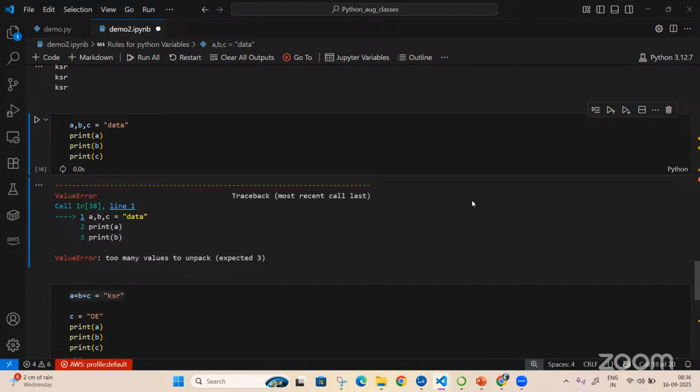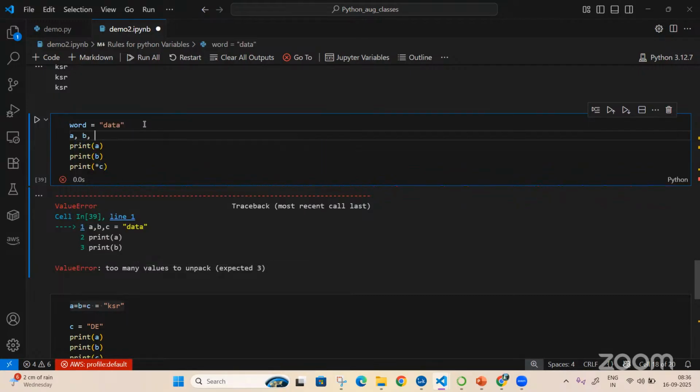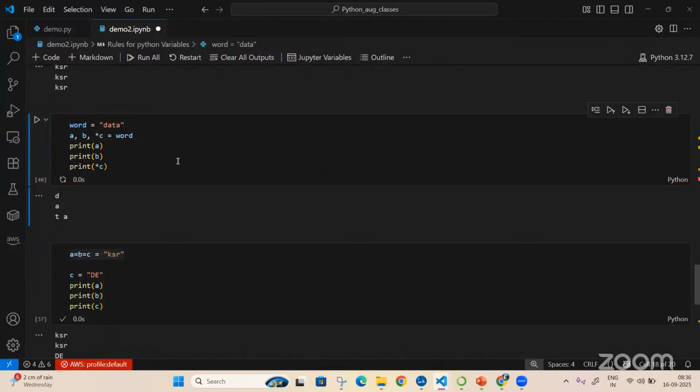It will throw an error. In this way, you cannot assign. Instead, I'll do A comma B comma star of C equal to that particular word. I'm doing unpacking, and at that time, whatever the last word is goes into it.